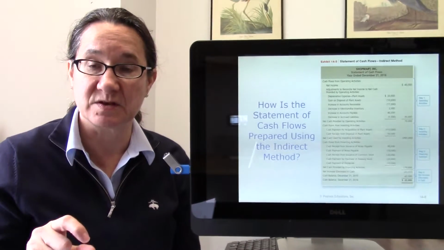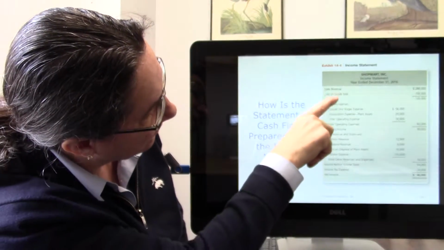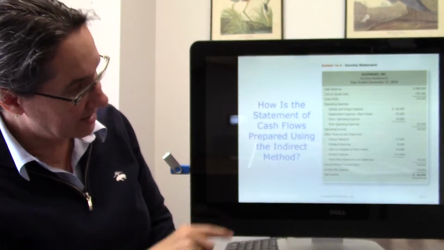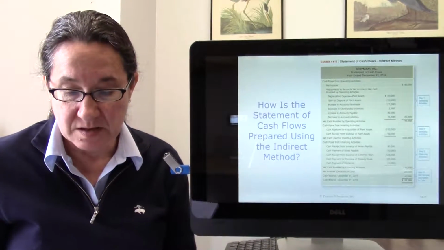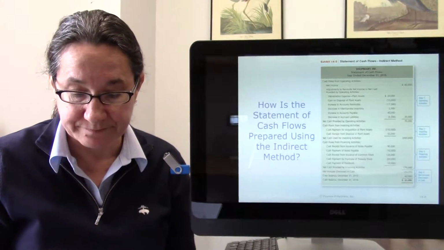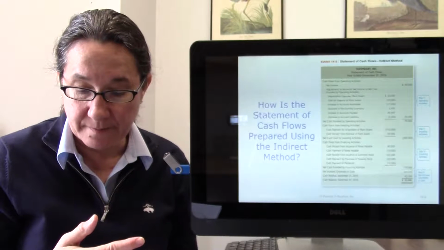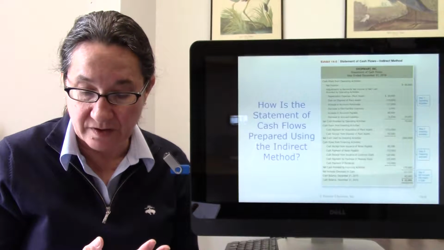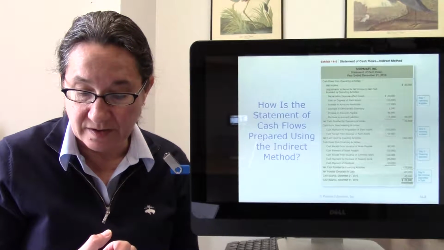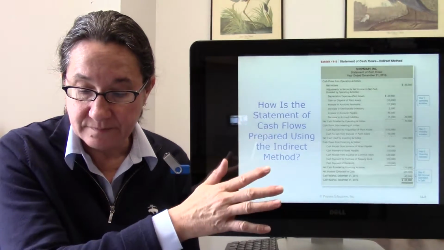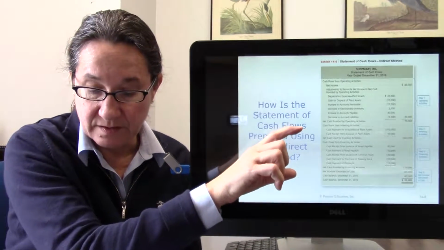right? Because remember, this is a cash flow statement. But our income statement has all these expenses, right? And one of them is not a cash expense. So we're going to add that back in. So the first thing you do is you start with net income, add back in the non-cash expense, add in gain of disposals on assets, income from accruals, decrease. So we're doing all our adds and subtracts that are